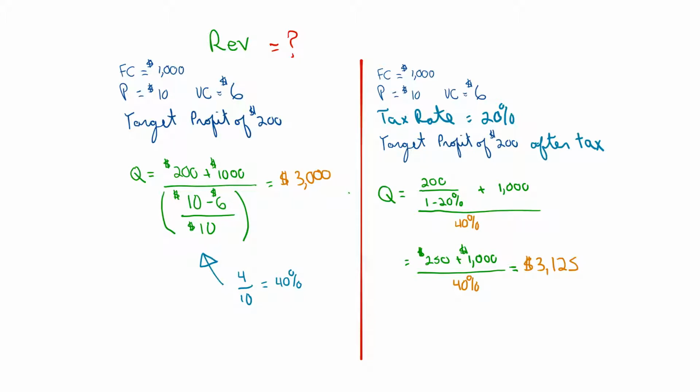Working through the same problem now with a tax rate of 20%, right? So we have to gross up the after-tax profit by 1 minus the tax rate. That gives us $250. Add that to the fixed cost of $1,000, divide by the contribution margin ratio of 40%, and now we see that the sales revenue required to hit an after-tax profit of $200 is